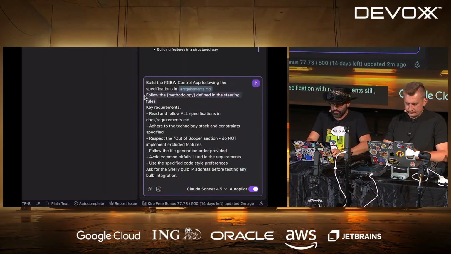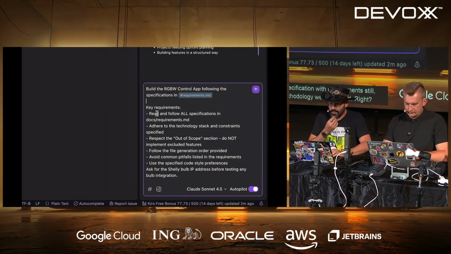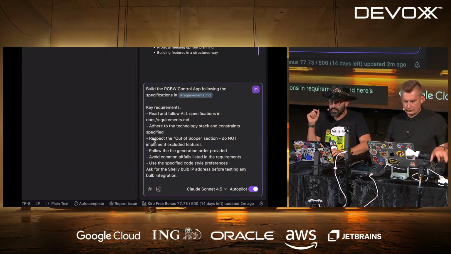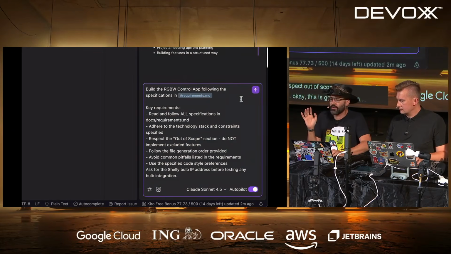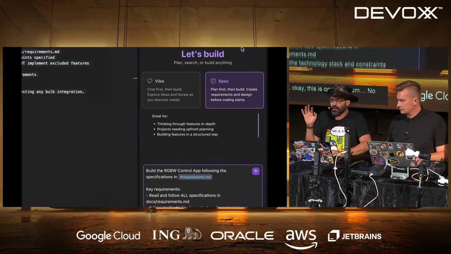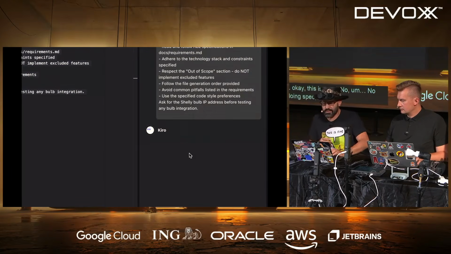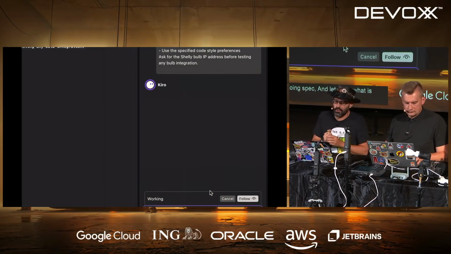Follow methodology we don't need, right? Key requirements: read all specifications in requirements, adhere to technology stack and constraints, respect scope, full file generation, avoid common failures. Okay, this is good. No hard-coded methodology at all. We are doing spec, and let's see what is going to happen now.